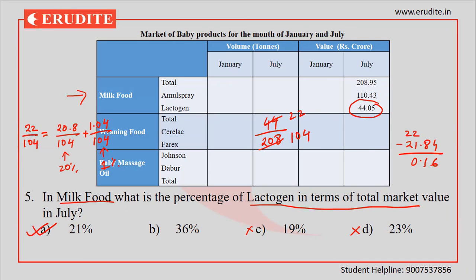No requirement to go precisely, 0.16 by 104 is how much percentage. That much precision is not required. It is coming as 0.1% or something, more than 0.1%. So how 22 by 104 precisely I got it, as all of the percentages 21, 19, 23 are close, that we have done in this particular problem. Please understand, 22 by 104.